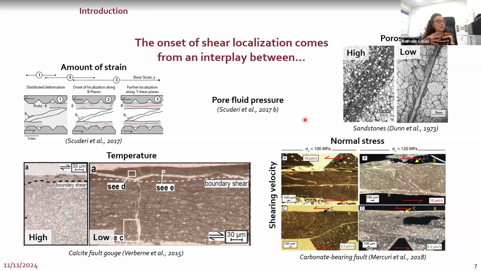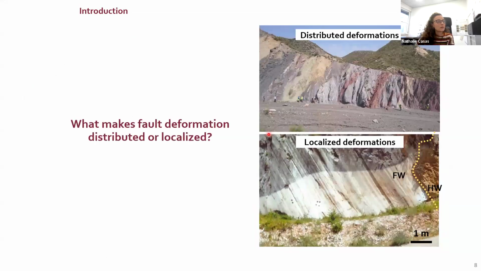So today I will not focus on these other parameters, but I would like to ask the question, what makes fault deformation distributed or localized? So here I put again the two images that I showed you first, the one with distributed deformation and one with localized deformation. And in order to understand a bit better